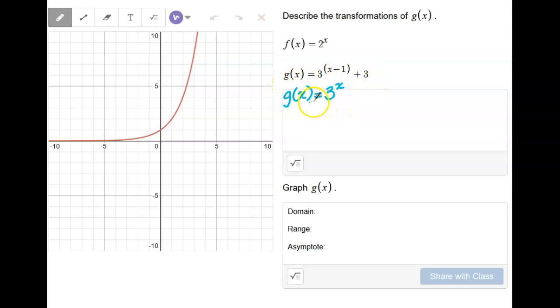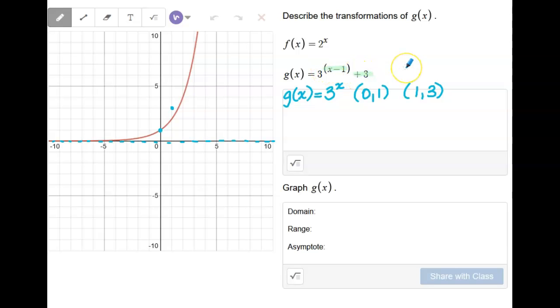So we know that this graph right here is going to have an asymptote at y equals 0. We know that this graph is going to go through the points 0, 1, and 1, base, which in this case is 3. Here's our base. Okay, so it's going to go through 0, 1, and it's going to go through 1, 3. Okay, however,